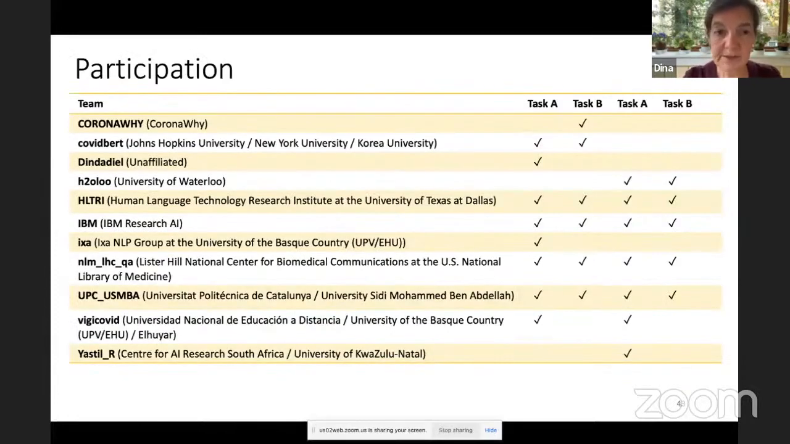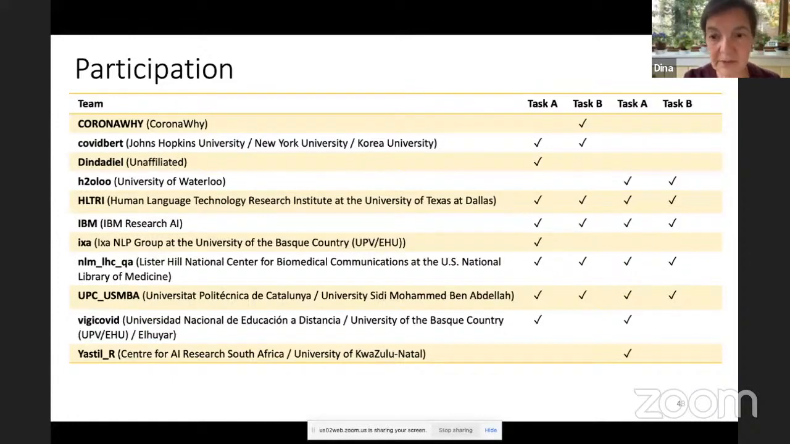We had a fairly good participation. We had 2 rounds of the evaluation. In the first round, because there were no training data for that task, people were basically building the training set for themselves. And then in the second round of the evaluation, they could use that training set to train their systems. And it turned out that the 2 teams that performed really well,